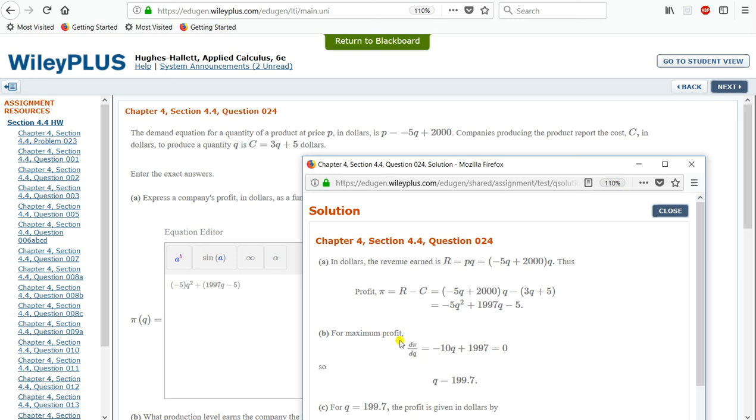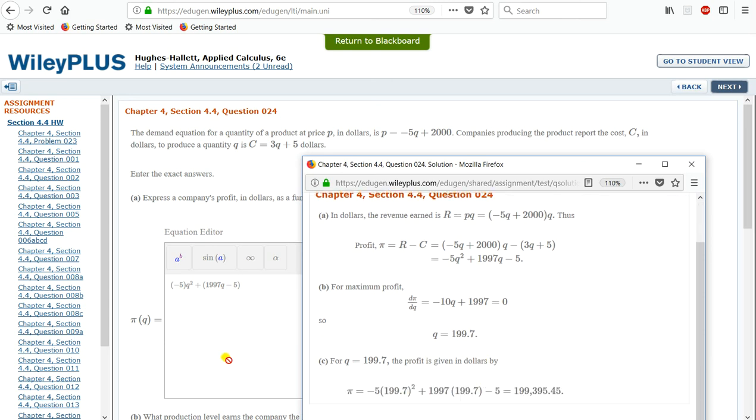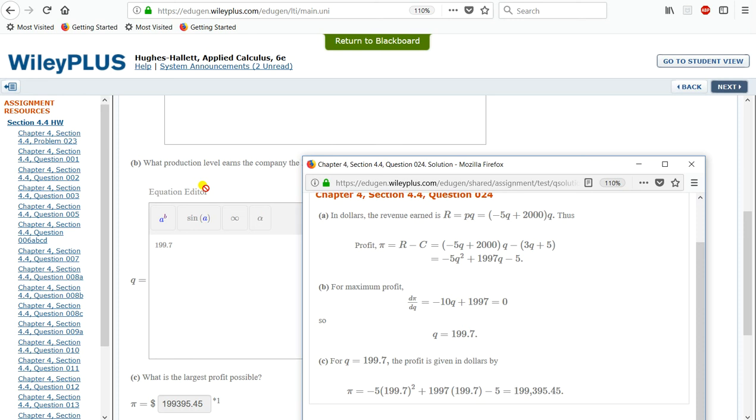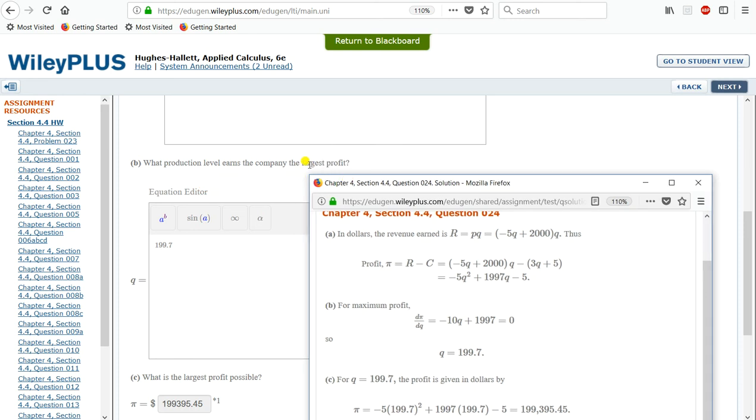And to maximize this profits, again you have to find the critical numbers by finding the first derivative of this profits function. So bring down 2 to become tens, subtract 1 from the exponent of Q, and then that becomes the constant 1997. The constant, you take the first derivative, that becomes 0, and you set that to 0, and so for Q, you end up with 199.7, and that is the production level to make the company get the